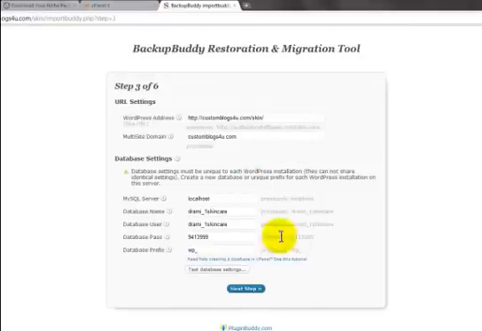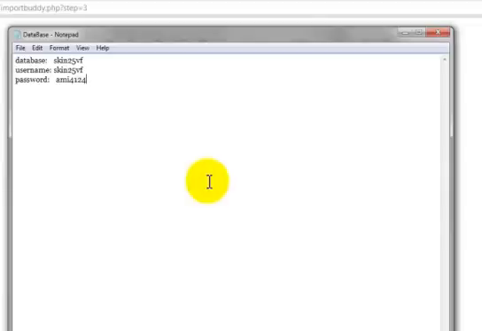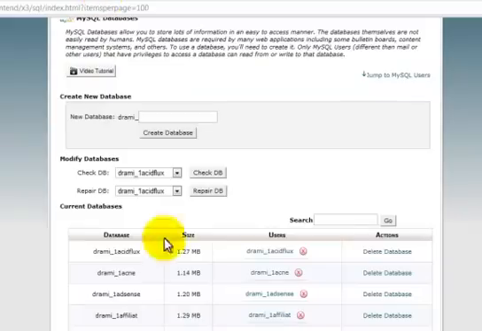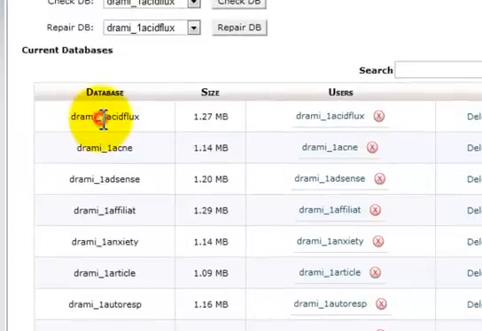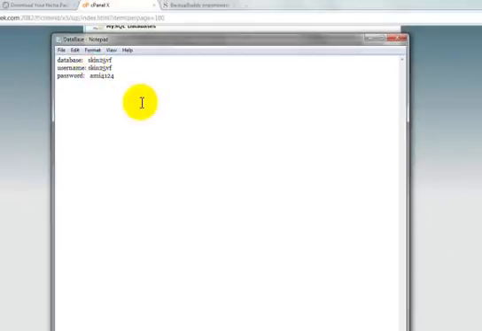In this third step, just open up your Notepad file, see the database username, add a prefix, go to your cPanel and copy the prefix. You can see here it's universally added to all the databases and usernames, so just copy it and add it to your database and username.